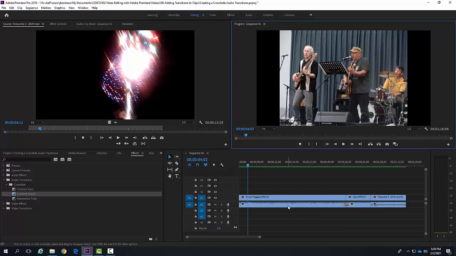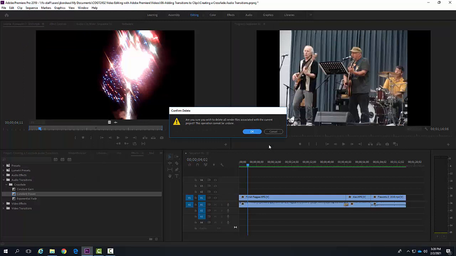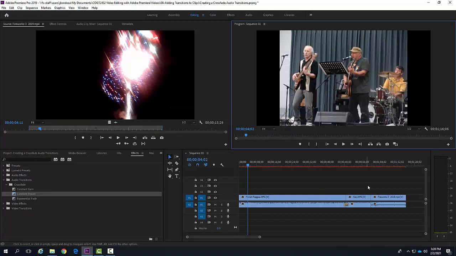Now let's say I want to delete all of my render files. We can do that by going up to Sequence. And in here I can say I want to delete my render files. When I do this, it says, hey, you sure you want to do this? I'll say okay. And since I deleted the render files, now I'm going back to being in a red situation,